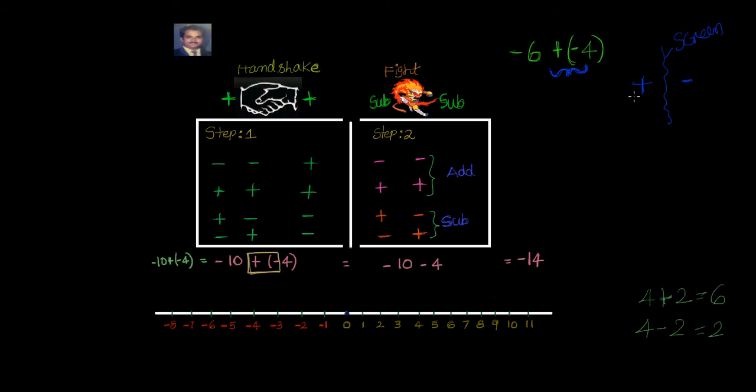Once you open the screen, they will see each other for the first time. Here, this is interesting. If they both are of the same sign, that means minus minus or plus plus, they will handshake because they both belong to the same sign. When they handshake, they say, okay, I am plusing you. If they are of different signs, they will not handshake. If they don't handshake, it will be minus.